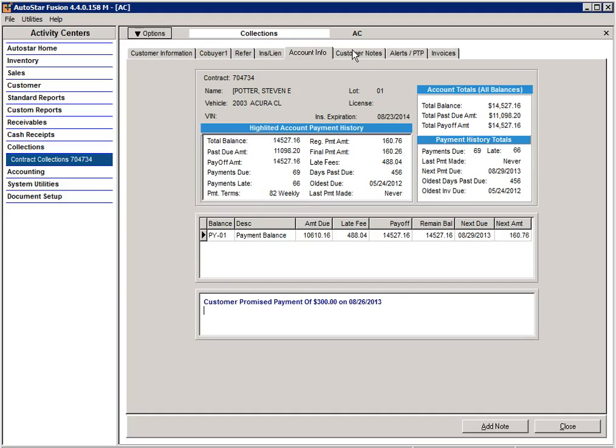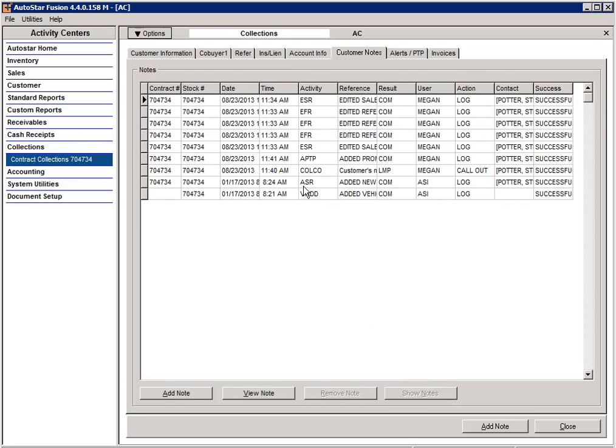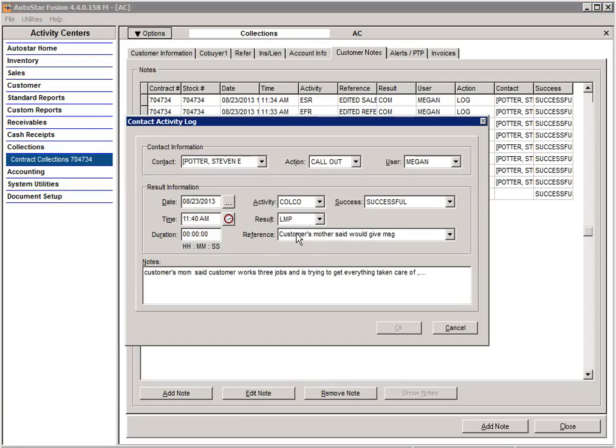The Customer Note tab, if you want to see all the notes on an account, you can click Show Notes, and it'll show you any system-generated activities as well as notes that have been added. So if you want to view a note, you can simply double click the note and it'll pop up, and this one just says customer's mother said would give message, and then there's a more detailed note here in the notes body saying that the customer's mom said the customer works 3 jobs and is trying to get everything taken